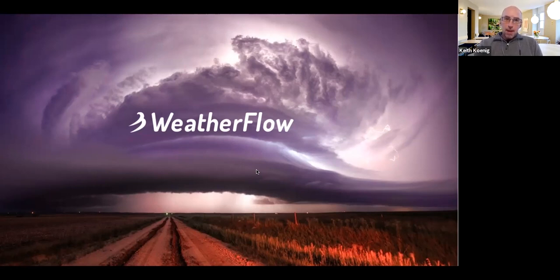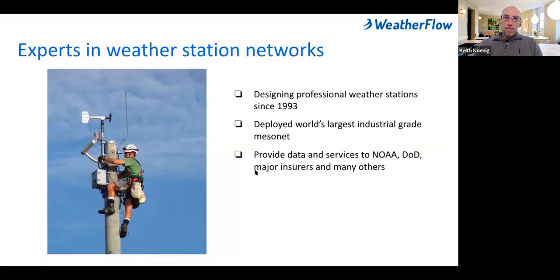As I mentioned, we've been designing professional weather stations since 1993. WeatherFlow has deployed the world's largest professional industrial-grade mesonet in the world. We started out deploying it in really key areas in coastal North America, and we now have many, many stations all over the place.